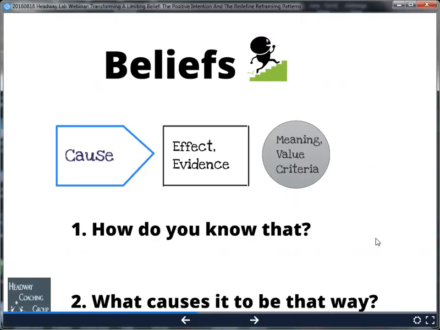Well, what do you think caused it to be that way, that it's always like this? And then our client will come up with questions. Yeah, and you could ask the question, well, if it always was like this, then what does it really mean? Yeah, so we are moving that person towards eliciting the meaning type, and as a result of those questions, we